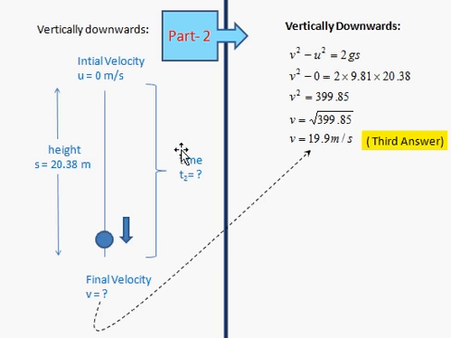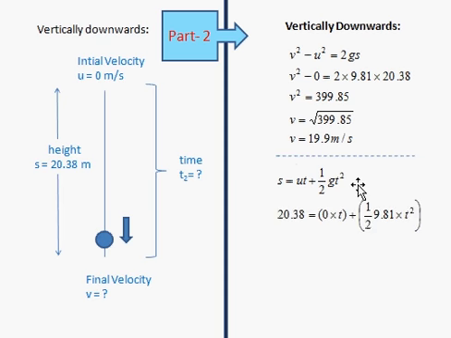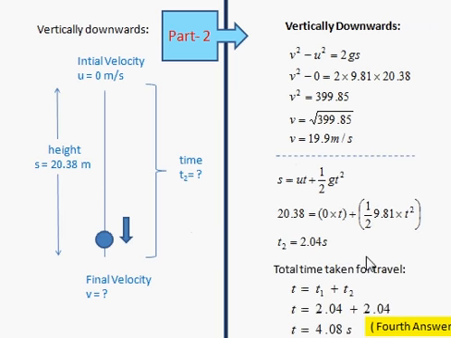Next, I am calculating the time t2, the time taken by the ball to travel from the highest position to the ground level. So extending the rectilinear motion formula here, t2 can be calculated. But the question is all about the total time. That is the time taken by the ball for the vertically upward movement plus the time taken by the ball for its vertically downward movement. We have already predicted t1 and t2. By summing up those two values, we will get the total time taken by the ball, that is 4.08 seconds.